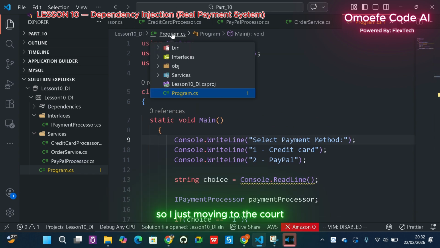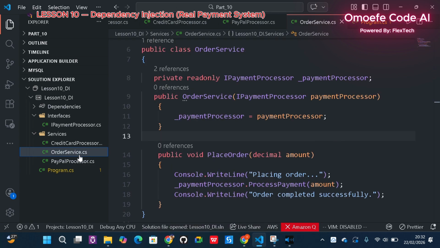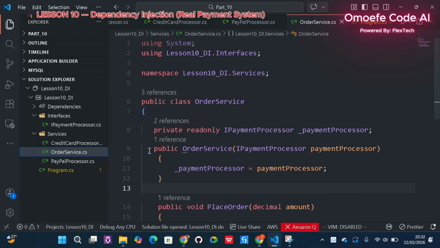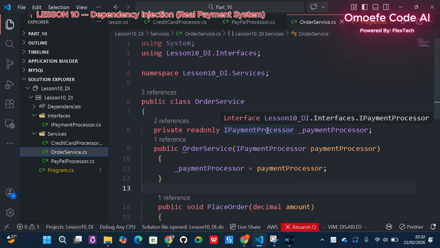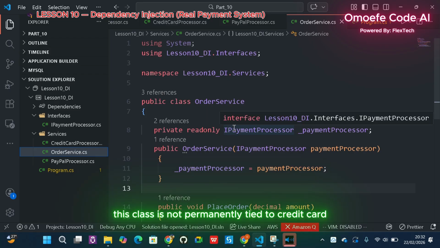So I'm just moving to the code. Okay, so now this class is not permanently tied to credit cards. If you want to,